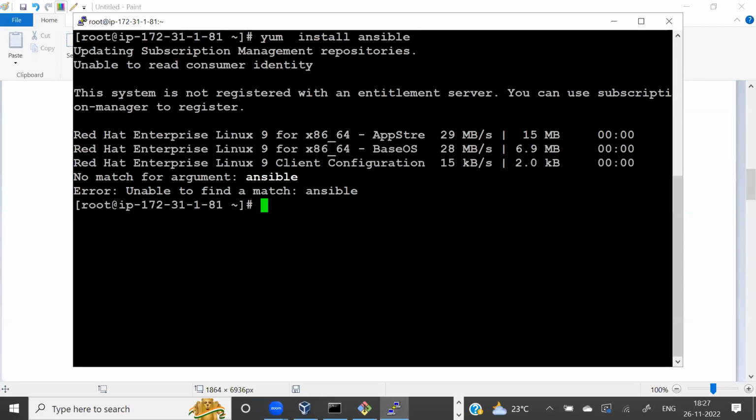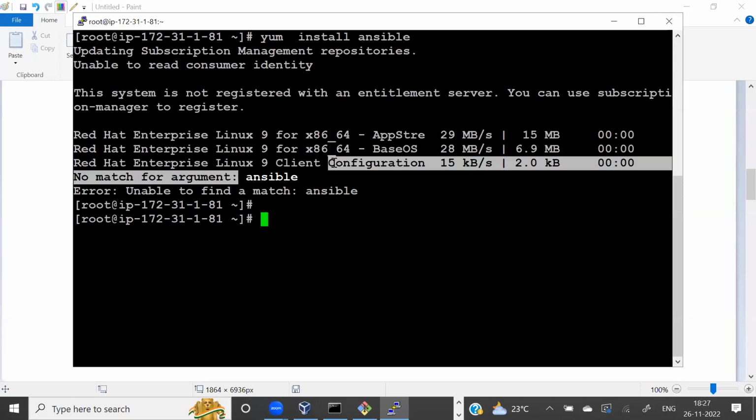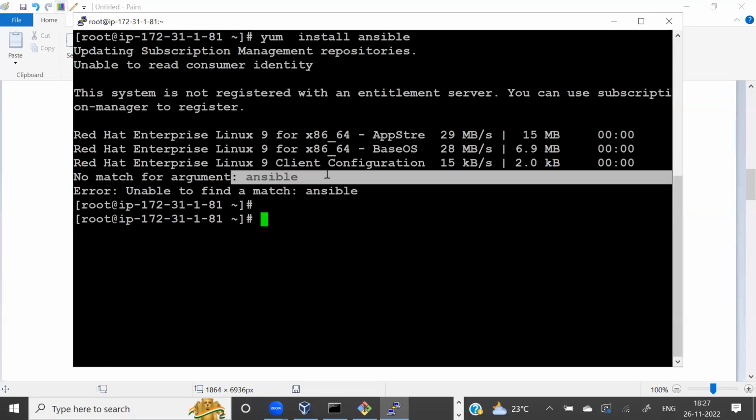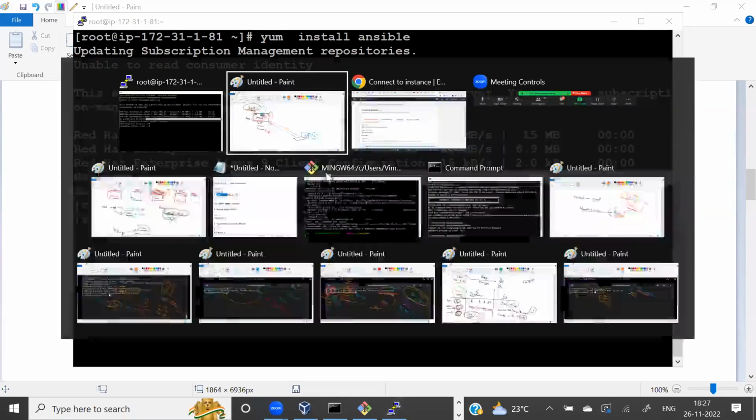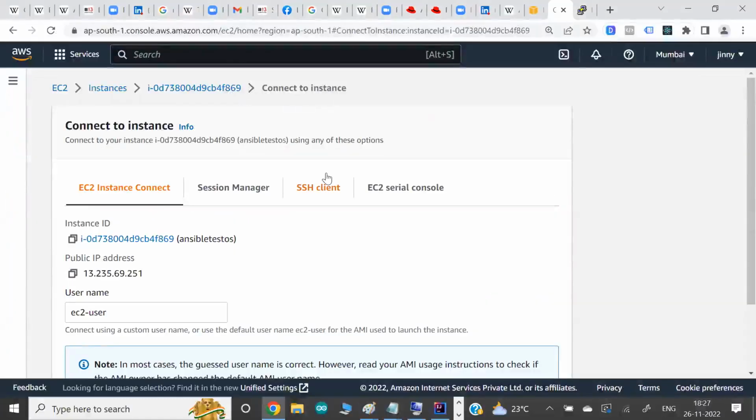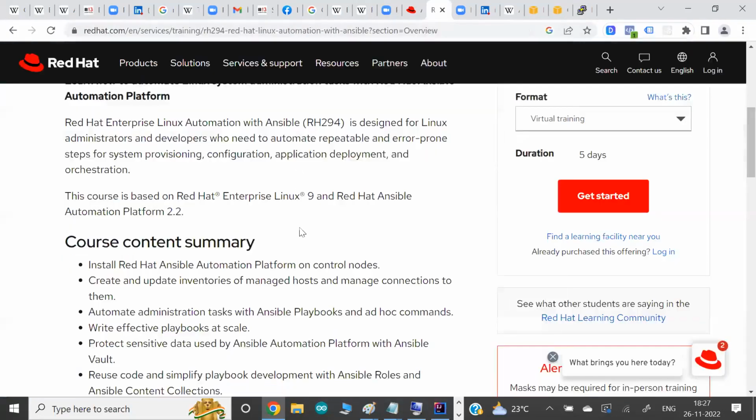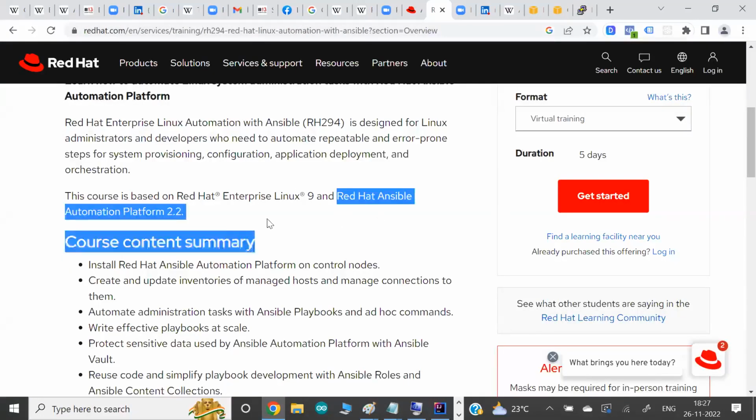Now, this command says that the Ansible software is not available. Why? Because a lot of changes have happened in Ansible. In the older version of Ansible, the software name is Ansible. But I told you guys now Red Hat has changed lots of things in Ansible. Now Ansible is managed as AAP, Ansible Automation Platform. What are these? We will discuss in my upcoming classes.